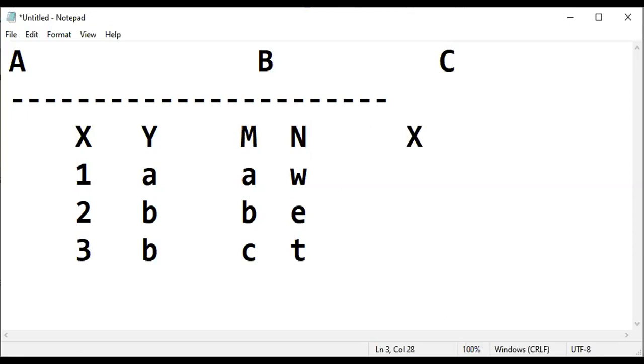Now concentrate on what a spurious tuple is: X, Y, M, and N. So this is guideline 4.